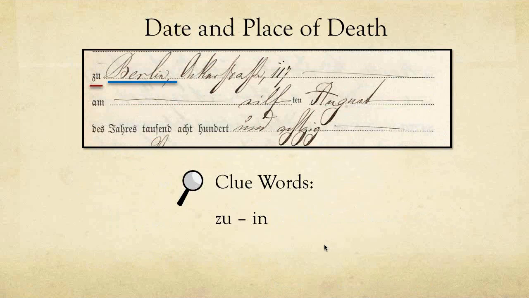And here we have Berlin, and you actually have a street listed as well, and her street was Acker Street 117. So a great address you could actually look up. And then another clue word that we already know is the word am. That's going to be the date she died on. Remember, am means on. And we're going to get the day, followed by that T-E-N, that T-H, so the 11th of the month of August of the year